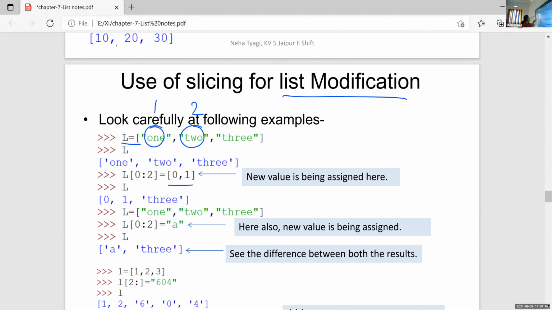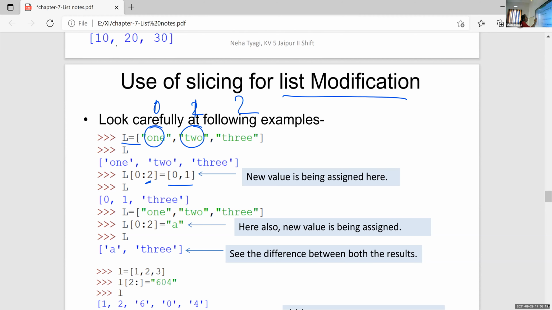For using this slicing method, we are taking a position from this L. So what is L[0:2]? 0 to 1. Here this is 0, this is 1, this is 2.